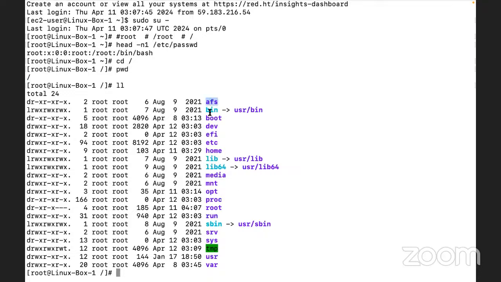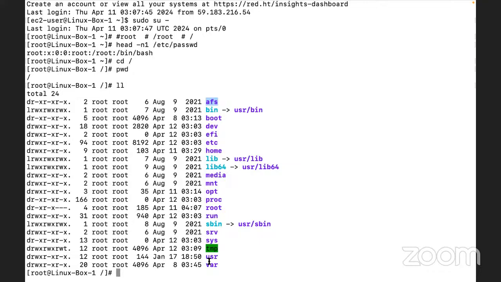AFS, bin, boot, dev, EFI, etc, home, lib, and lib64. Then after media, then mnt, opt, proc, root, run, sbin, srv, sys, tmp, usr, and var. These are the directories available in the Linux operating system.